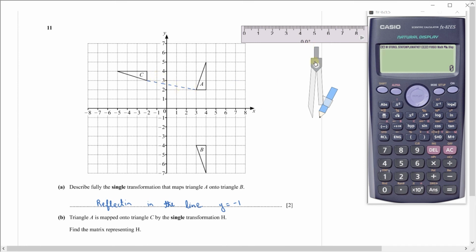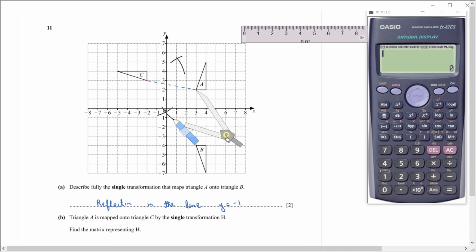To draw a line bisector, I'll use my compass here, open it more than half the length like this, and then draw an arc on this side. Also draw an arc on the other side. Without changing the length of the compass, place it on the other point, and then draw the arcs on this side